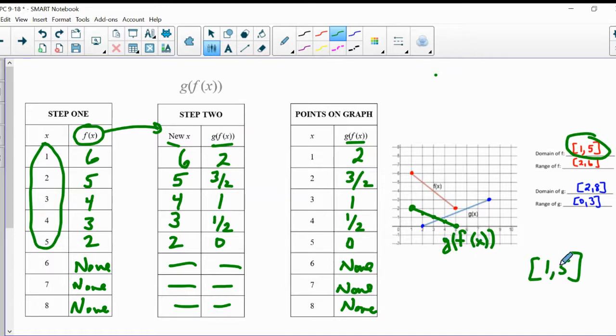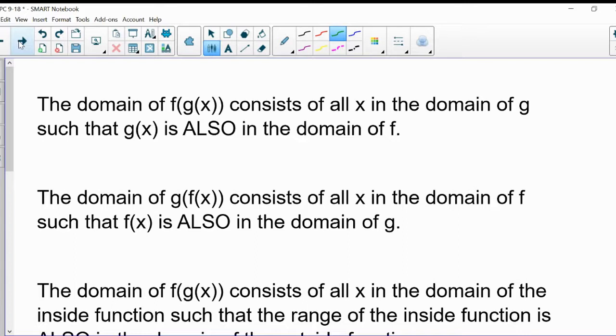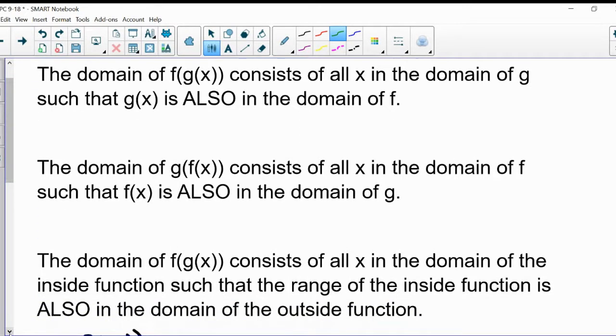So g of f ends up working out. The domain ended up being 1 to 5, which was the same as f of x. And so now here's the big takeaway for domains. I've already typed it out to try and make it as quick as possible, but the domain of some function, f of g of x or g of f of x or whatever,